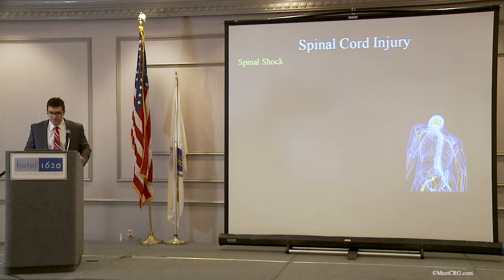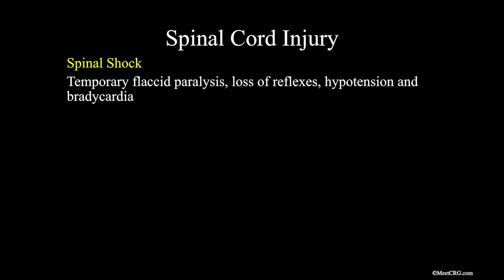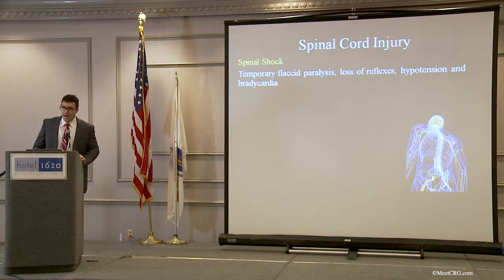When there is a very serious injury to the spinal cord, and that could be trauma, but it could also be an abscess or any of the other things we talked about, if that is a significant injury to the cord, then there may be spinal shock. Spinal shock is temporary paralysis, loss of reflexes, and there are hemodynamic changes that make it distinct from other forms